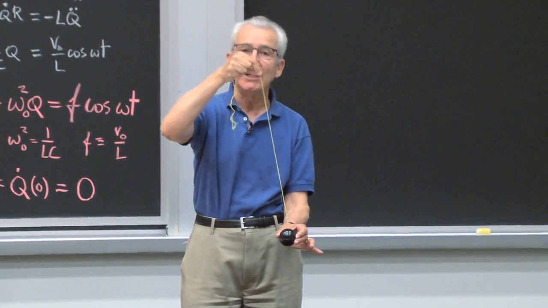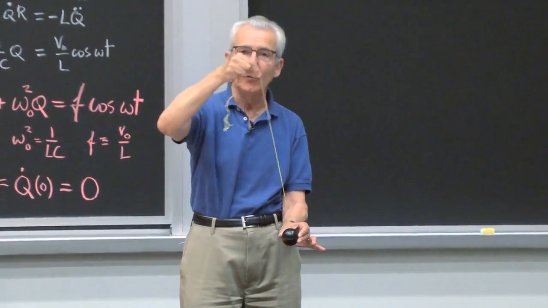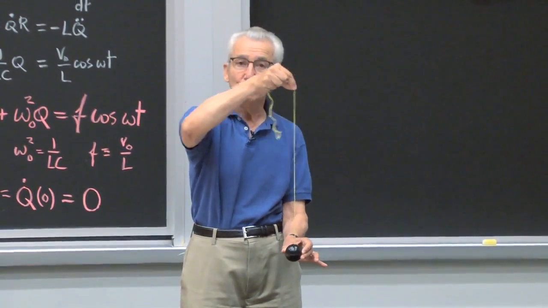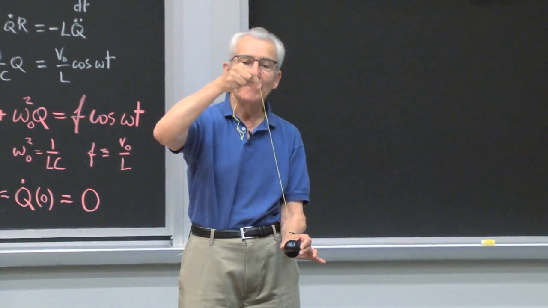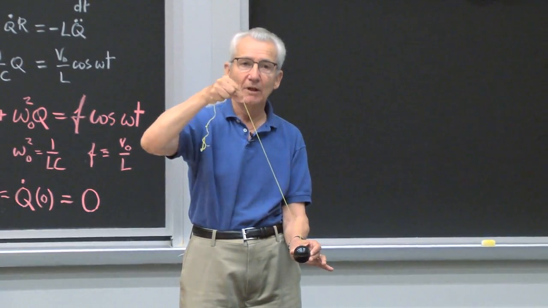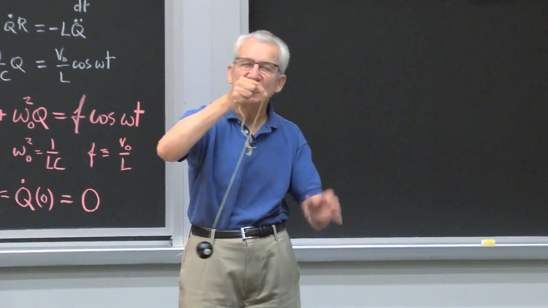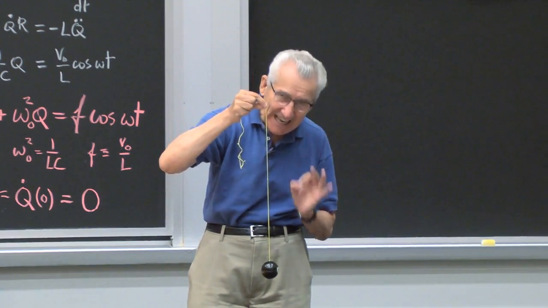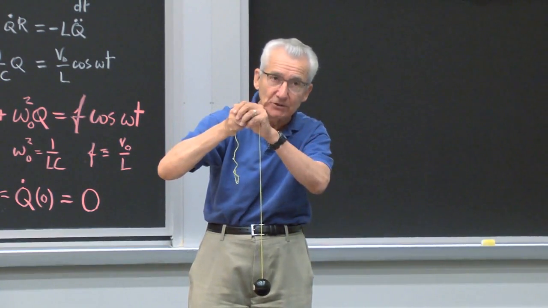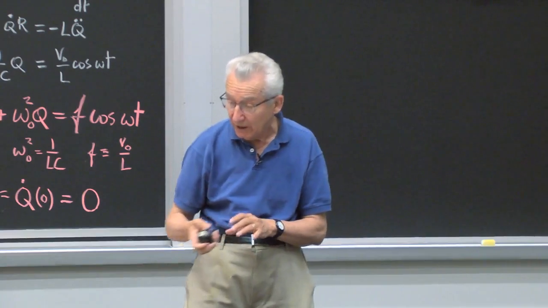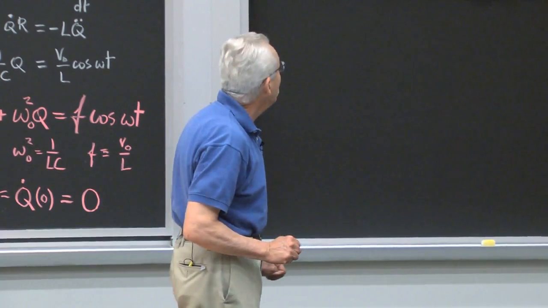But my hand is not stationary, it's moving. So I am moving this backwards and forwards, sinusoidally, all right? And at the instant when my hand is over the ball, I let go of the ball. And then I continue moving it. So I've specified exactly what this ball is doing at t equals 0, what my hand is doing, and I want to predict what will happen at some arbitrary later time. Okay?